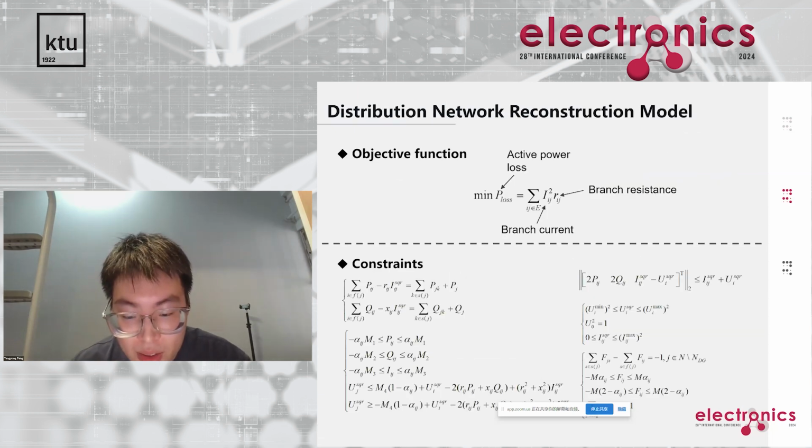Here the reconstruction model is constructed with an objective function of minimization of network active power loss, which is subject to the following constraints, including power flow constraints, voltage and current constraints,